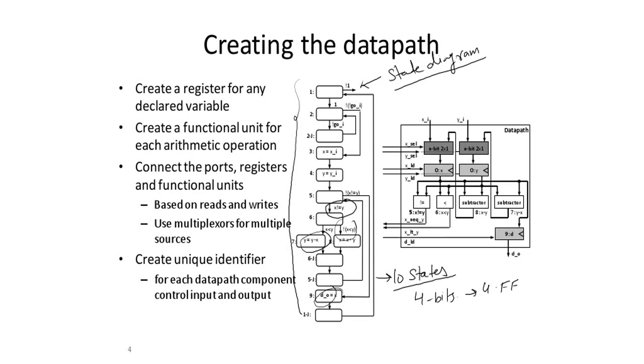So now what will happen? You have x and you have y. Now we can perform any of the operations. One is the comparison operation, this is equal to or not equal to, and there are two subtraction operations, y minus x or x minus y. Right now I am drawing two subtraction blocks, although I can optimize it and use one single subtraction block, but as of now let's draw all the blocks.